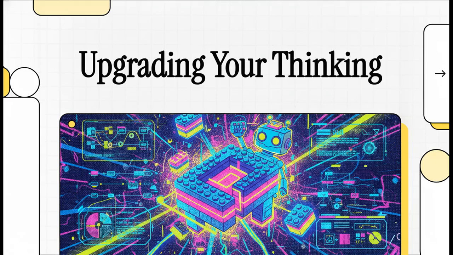Welcome to this explainer. You know that feeling when a problem is just so massive, so incredibly complex that your brain literally just short circuits? Yeah, we've all been there. Today, we're going to completely upgrade how we tackle those impossible problems. We're drawing on some absolutely fascinating core concepts from computer science to give you a very real, very actionable problem-solving